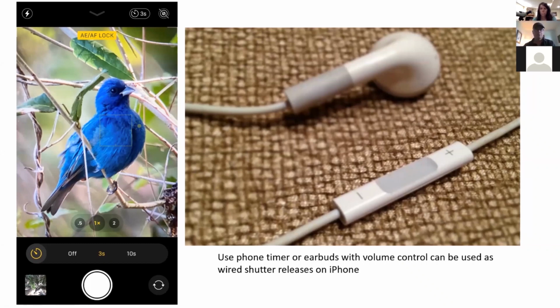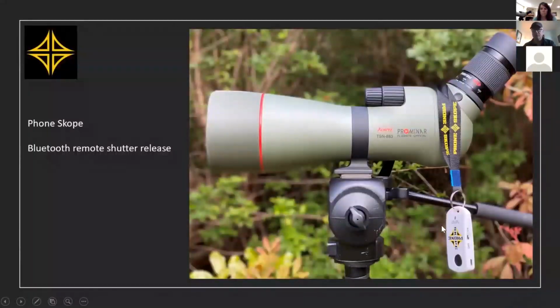One of the best options, and again, I can barely see it here. Sorry about that. I forgot about the fact that our faces were going to be on the right side of the screen here, but